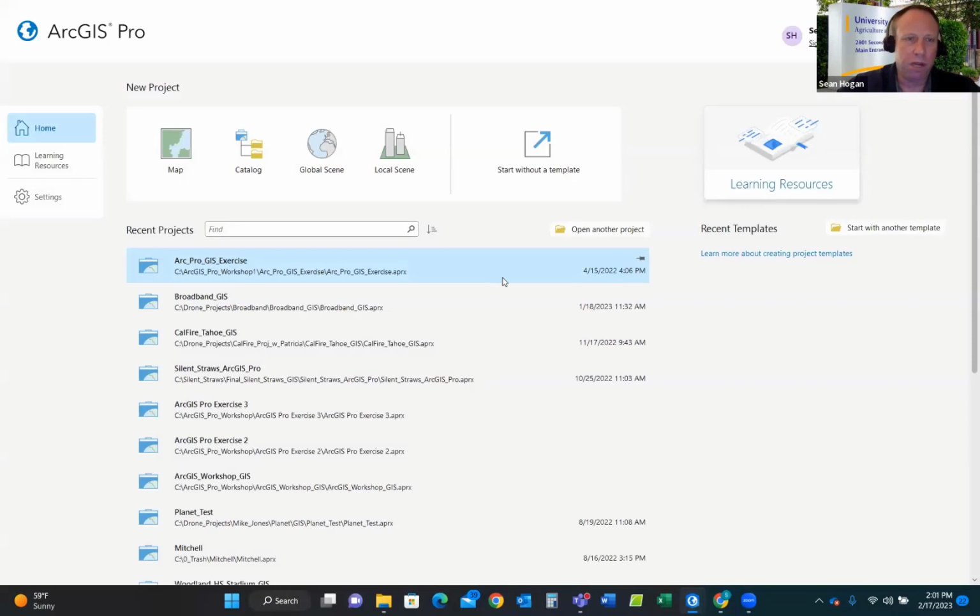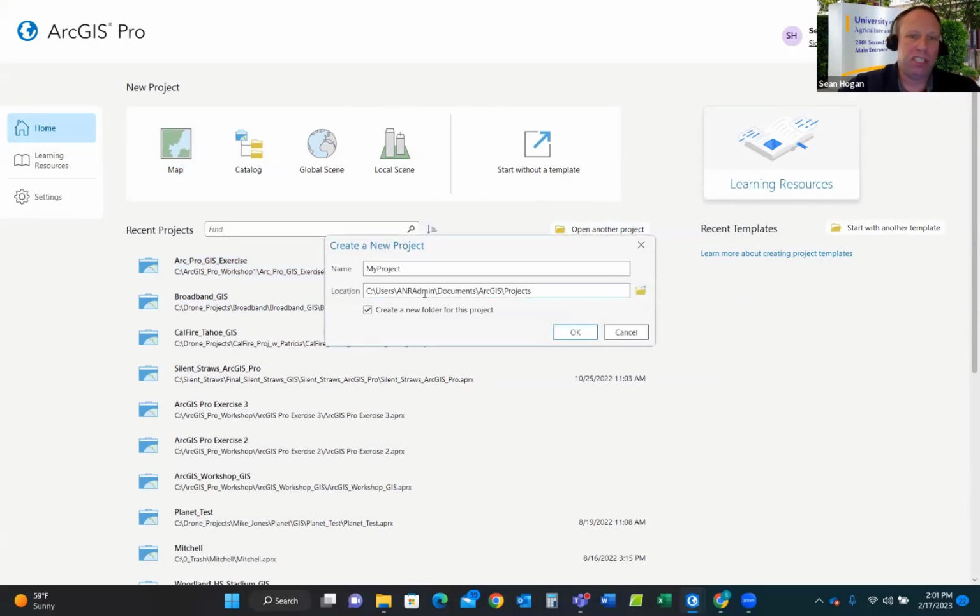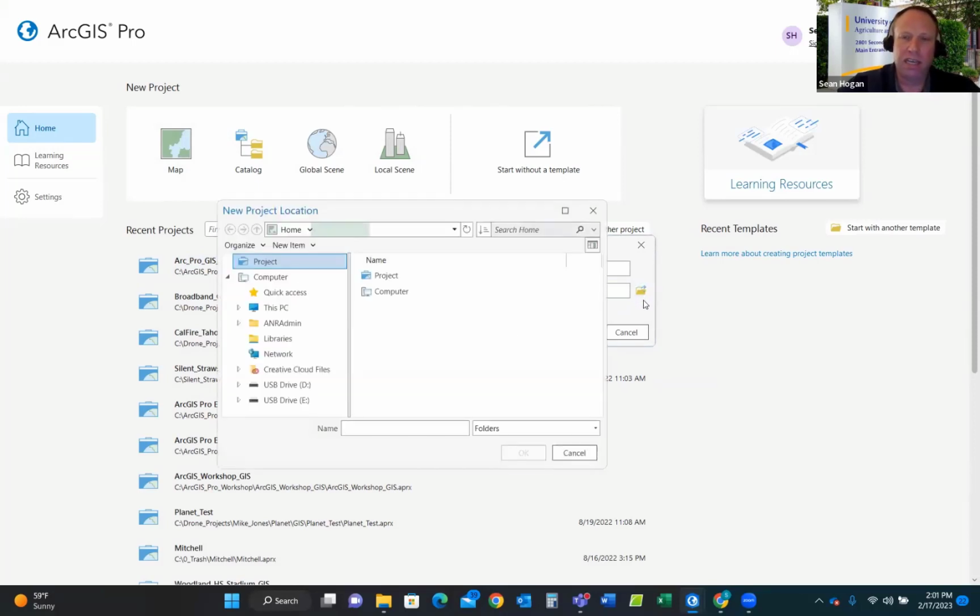And so this will come up here. And what we'll do is we'll start a new map. When you start a new map, what will happen is you'll need to select a location, and don't accept just the default because it'll get buried down, kind of like a keyhole in your documents folders. So what you'll want to do is click the folder